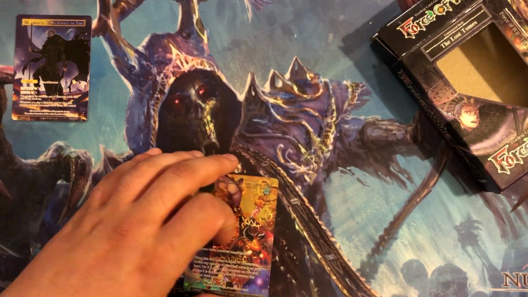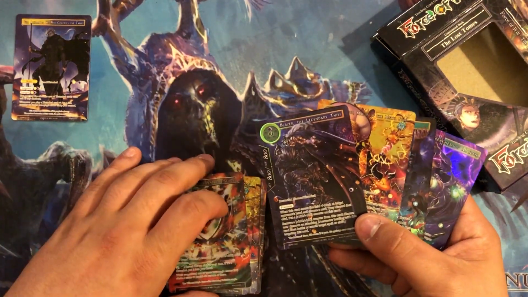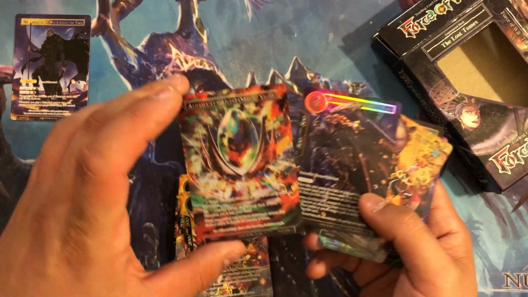Okay, so if I remember correctly, when I opened my own box, they have all of the full arts at the front. So these are all of your best dudes, and then they've got just regular renditions at the back. You've got Alhama'at's Ultra